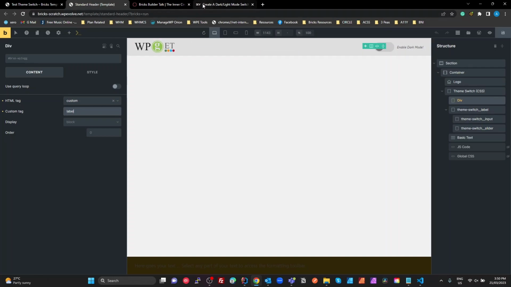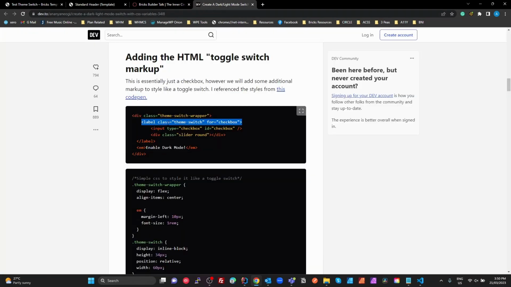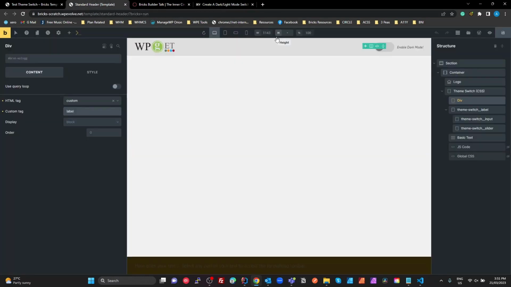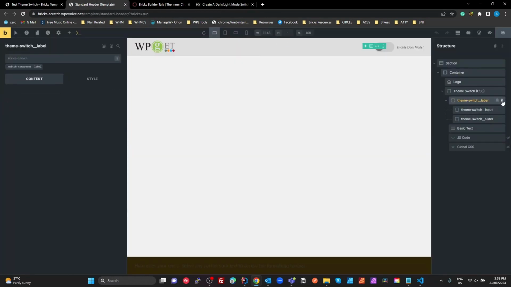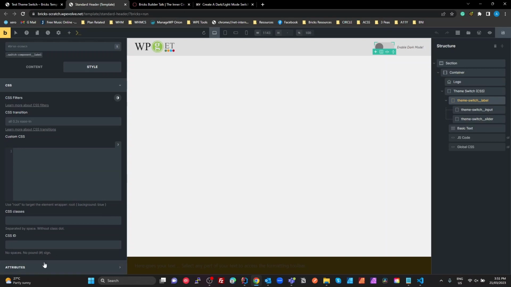So the next thing on that label is that we've got a class, which is pretty obvious. We've got a BEM class for that. But we've also got a for attribute. Now they've just given their ID for their input checkbox, which is not very reusable, so we're actually using a BEM name for that. So how do we add the for attribute to that label? So I'm just going to delete the extra one there. So this is the label here. If we go to the Style tab, go to my attributes,